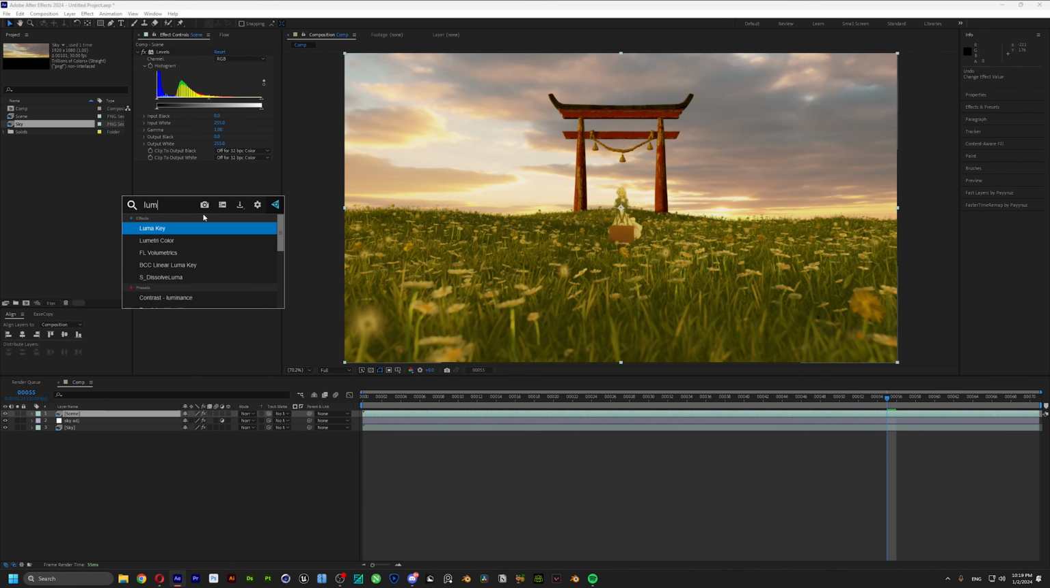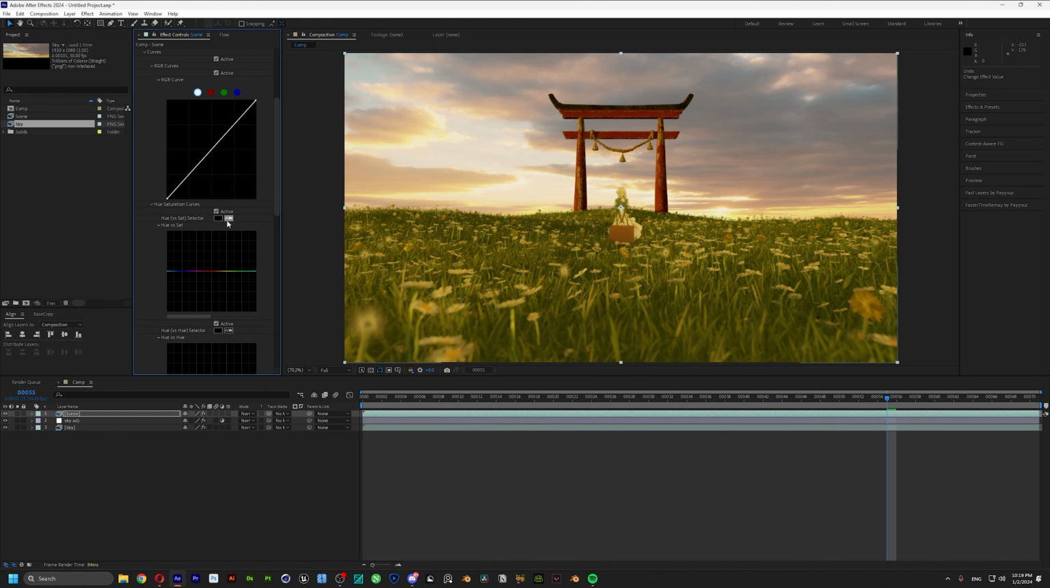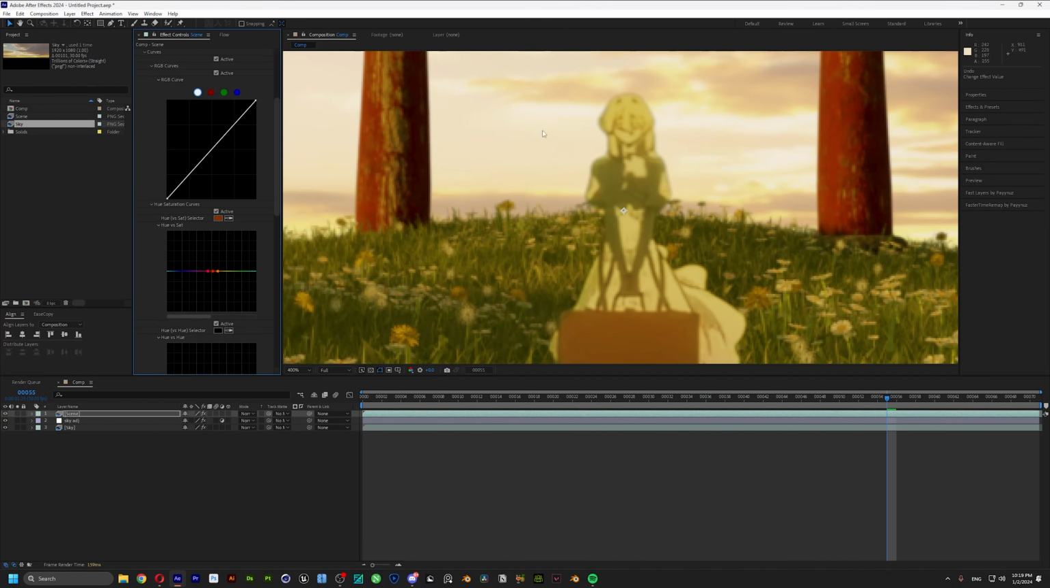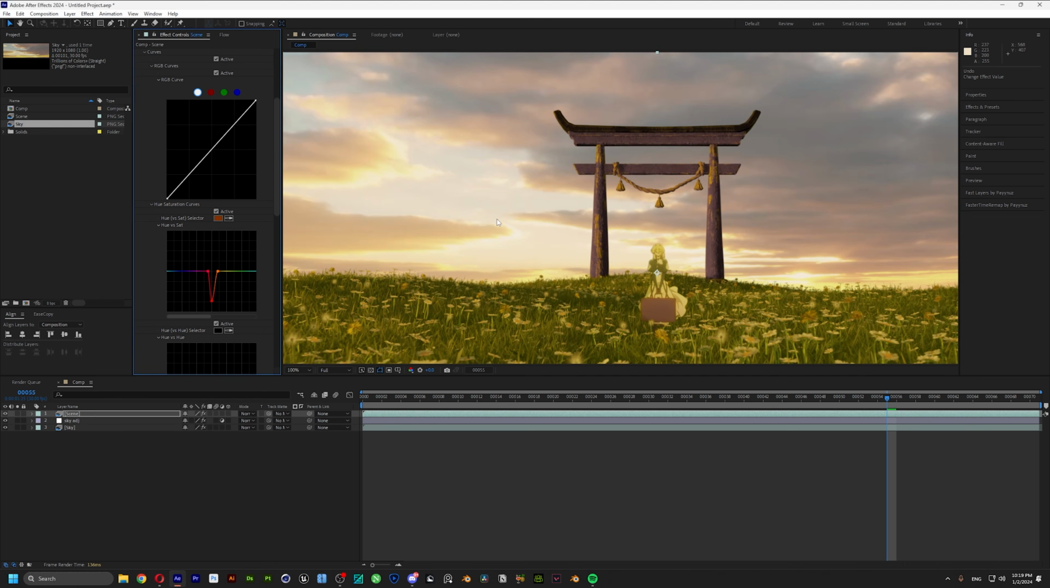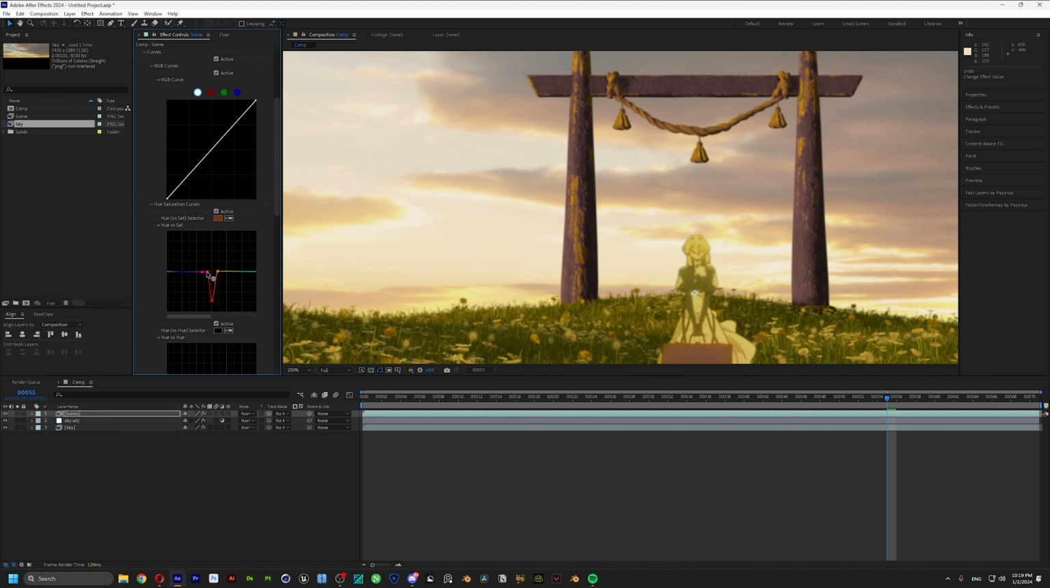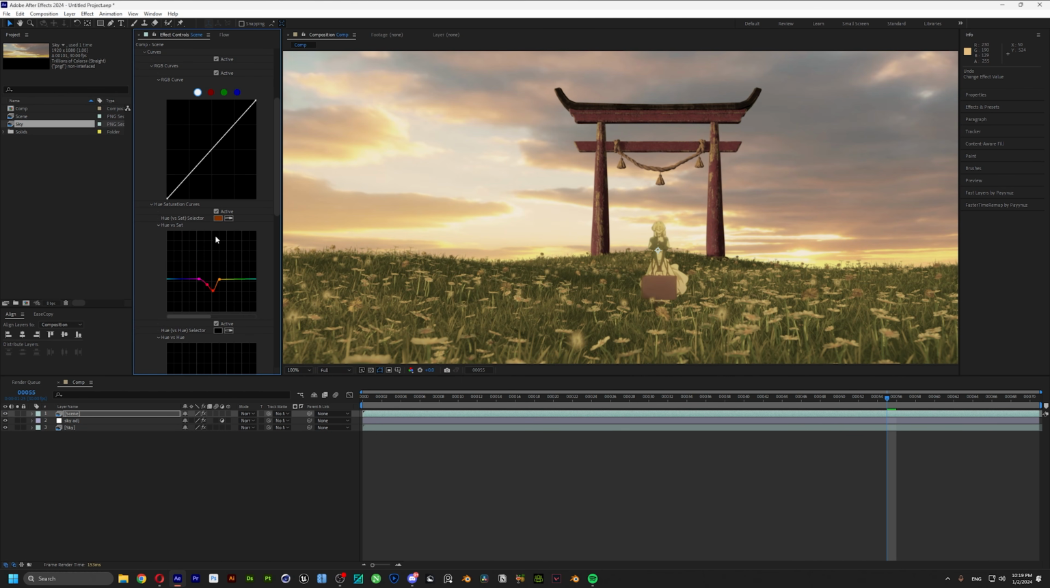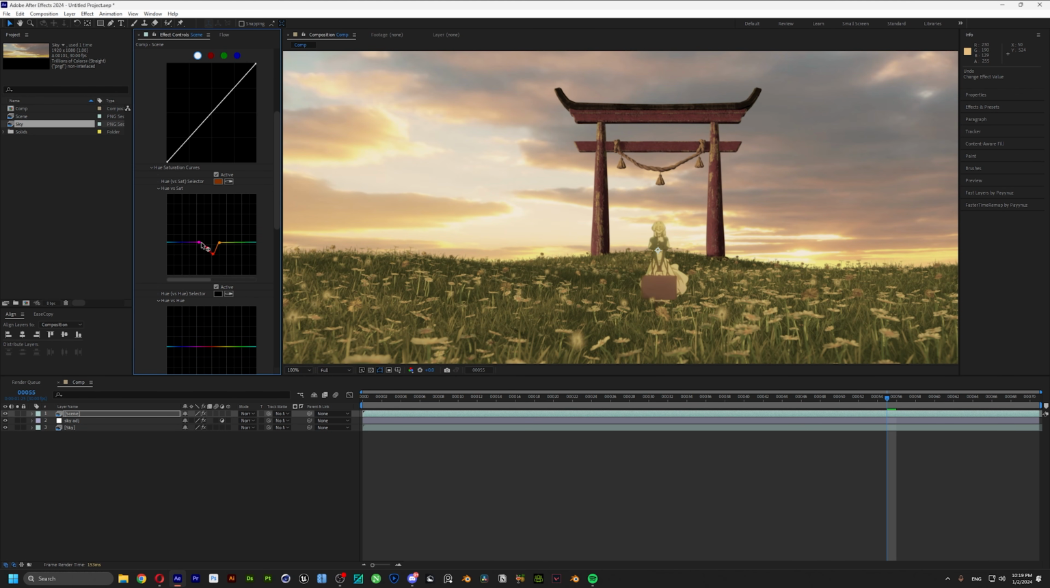I'm going to add the Lumetri Color, because the red value in the background is way too much. So I'm just going to use the hue versus sat, and we pick the color that you want to desaturate. We drag down the value, and you guys can also create more points to make it have a smoother color variation. And once that's all desaturated,